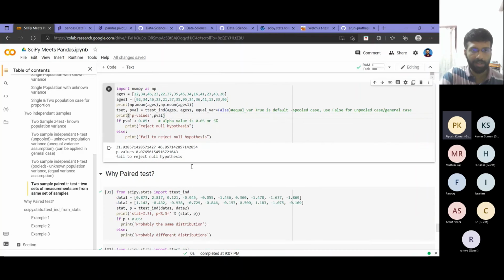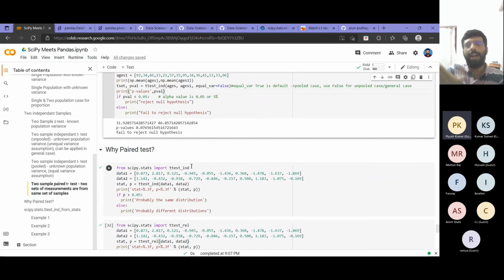Then coming to the paired test. As we saw in the examples, in a hypothesis test we are maybe taking some samples from a batch of data and checking whether they have some issue, like faulty ones, or whether the value of some chemical is within some tolerance. Things like that are where we normally use hypothesis testing, right? Or like testing two drugs, whether one is more effective than the other.